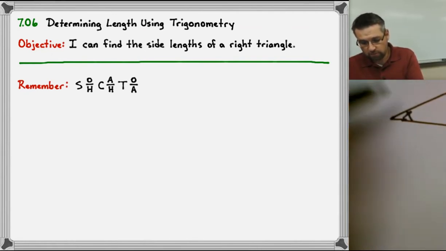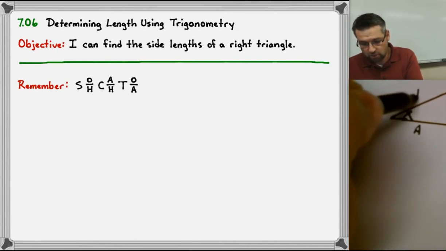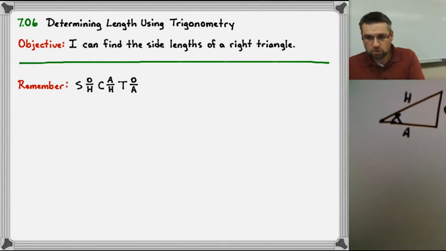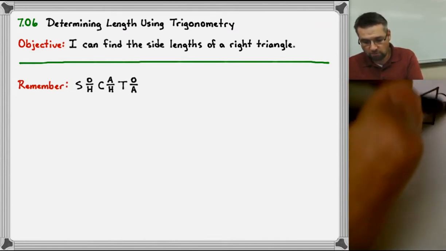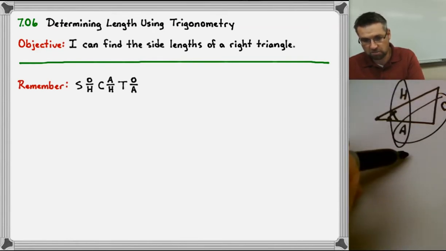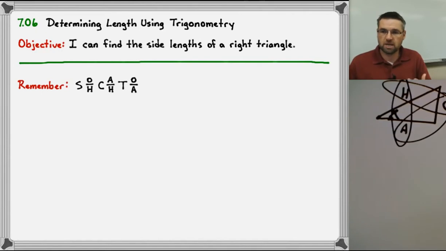You have this angle. You identify your opposite side, your adjacent side, and your hypotenuse side according to that angle. In sine, you're dealing with one relationship. In cosine, you're dealing with another relationship. And with tangent, you're dealing with another relationship. So it's a combination of two out of the three, okay? So if you find yourself, when you go to spell it out, repeating the same two letters, then something's wrong,